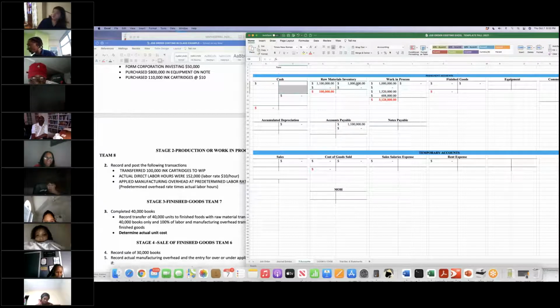Then we transferred $1 million into work in process, and that left $100,000 in raw materials. Then we put in $1,520,000 in labor and $608,000 in overhead. So the total cost in here,